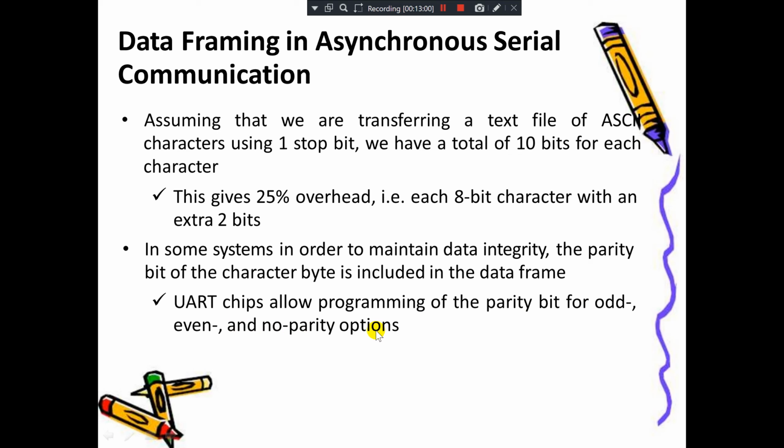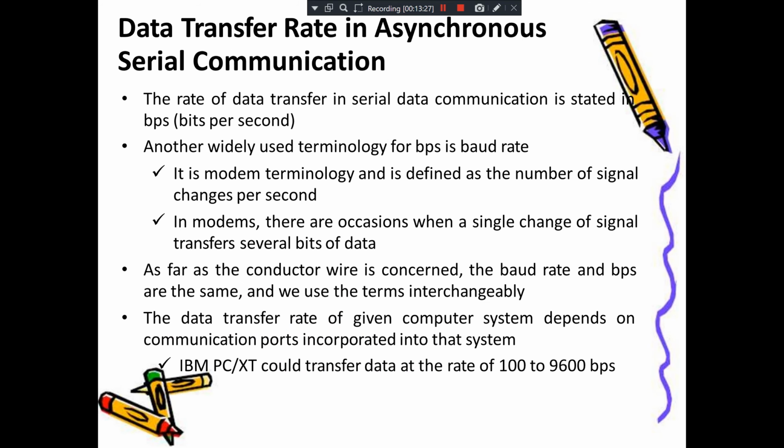Parity means we already know that it will check the number of ones and zeros in the digital bits, that is binary numbers. If it is 8 bits, let us say we have the example of 2, so it will have only one number of ones. We call it odd parity. If there are two ones out of 8 bits, we call it even parity. Okay, next,